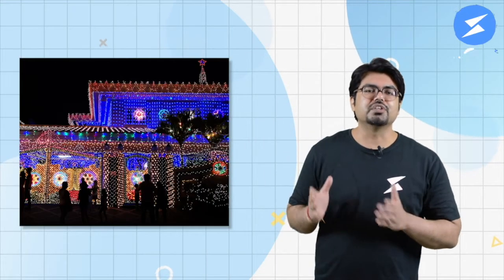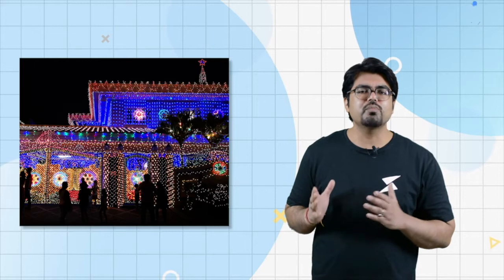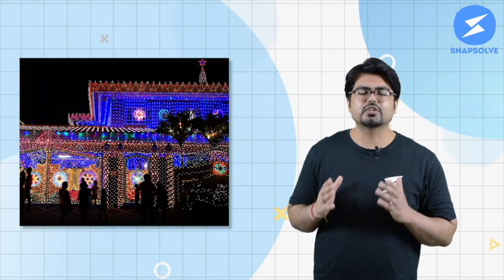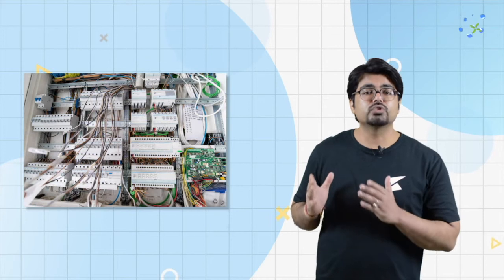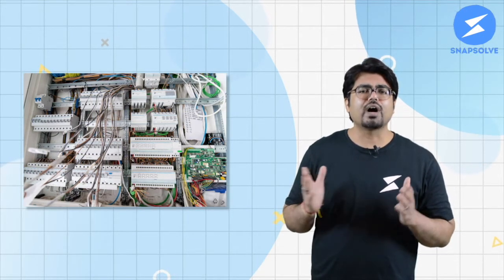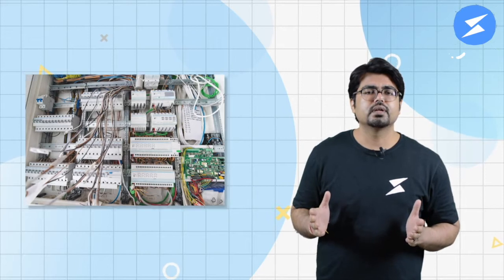You must have seen the Diwali lightings, in which so many small light bulbs are connected in quite a complicated way. You might also have seen the complex network of wires in a domestic fuse box. In these situations and many others, there are pieces of equipment having resistance connected in a complex way. Then how do engineers and technicians figure out the calculations here? Obviously, simply knowing how to solve series or parallel combinations is not enough. We might also find some complicated resistance circuits in our exams as well.